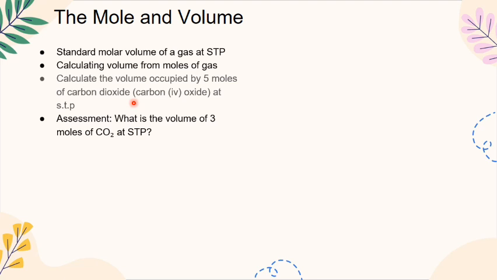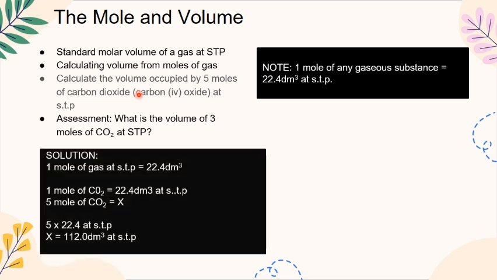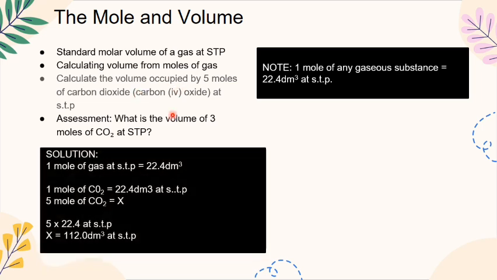Now let's look at this. Calculate the volume occupied by 5 moles of carbon dioxide at STP. Remember I said 1 mole of any gas will occupy 22.4 dm cube at STP, at standard temperature and pressure. Let's look at the solution. So we have 1 mole of a gas at STP equals 22.4 dm cube,